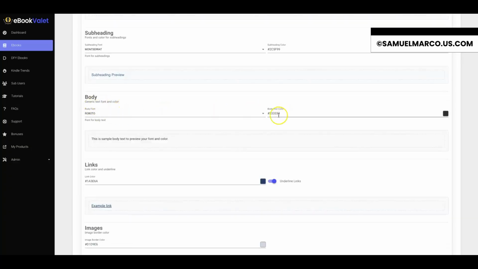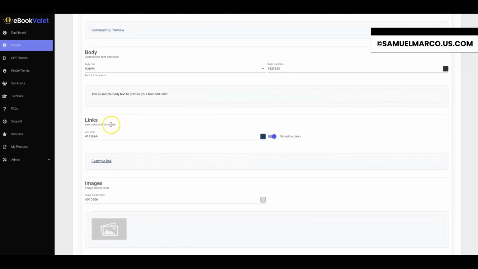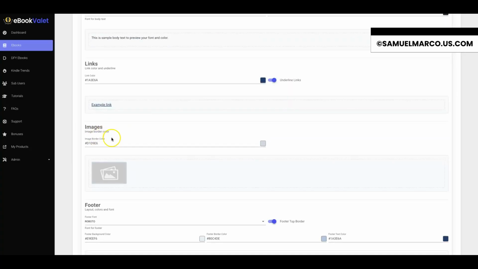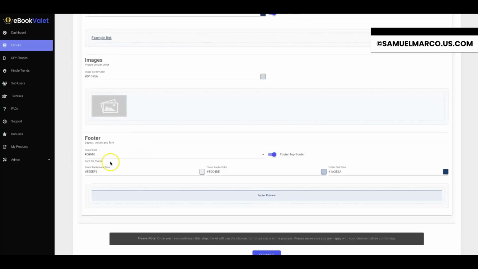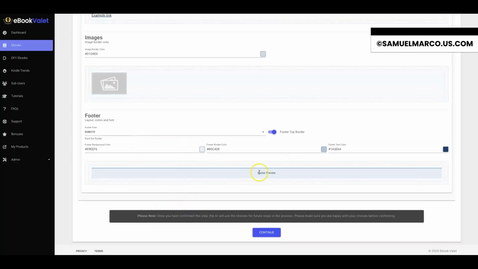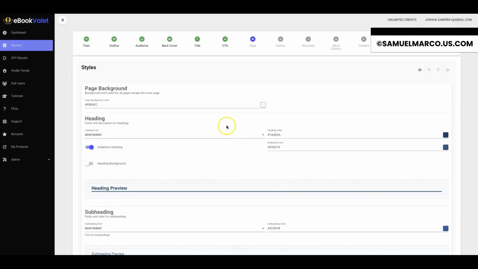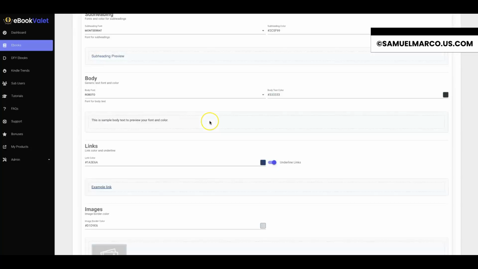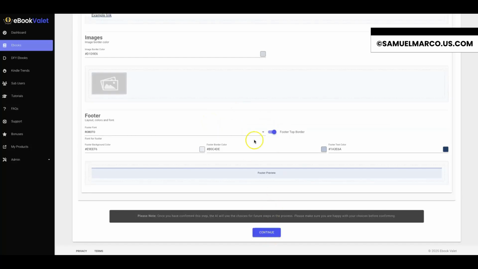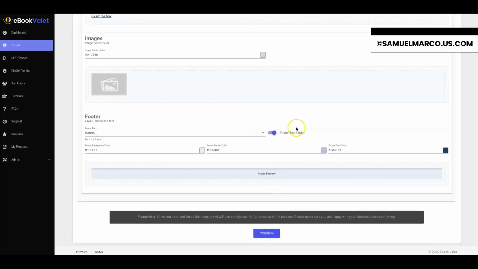What font and text color you want in the body, how you want the links to look, how you want the border of your images to look, how you want your footer to look, and you can see here everything has a preview as well. So you can sit here and customize this however you want to match your branding that you're after. Okay, so once you do all of that, you hit continue,